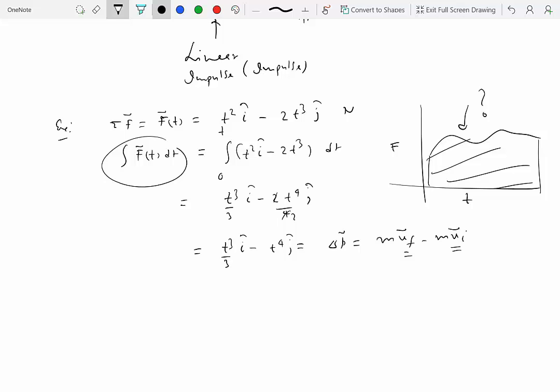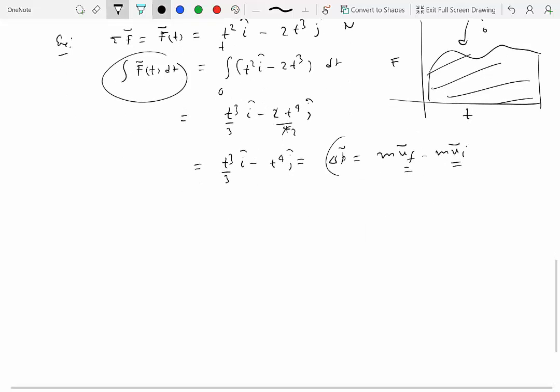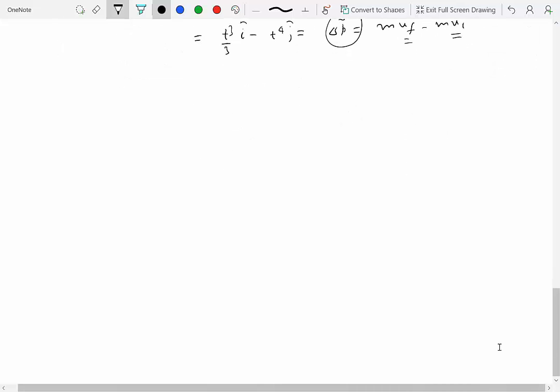Well, one of the things you can do is compute some average force that may be acting on a particle over time, if I know the change in linear momentum. So let's say I know my right-hand side, and I know that there is a particular force applied on the particle that gives rise to this change in linear momentum. So for example,